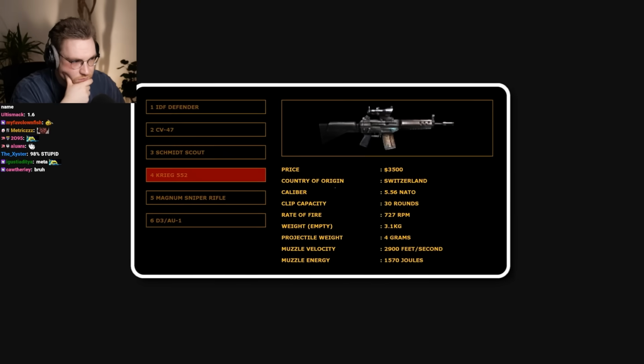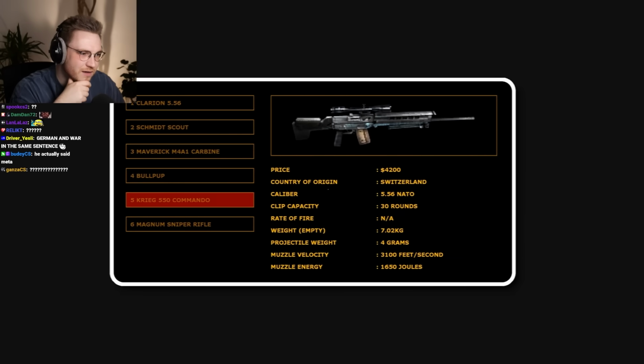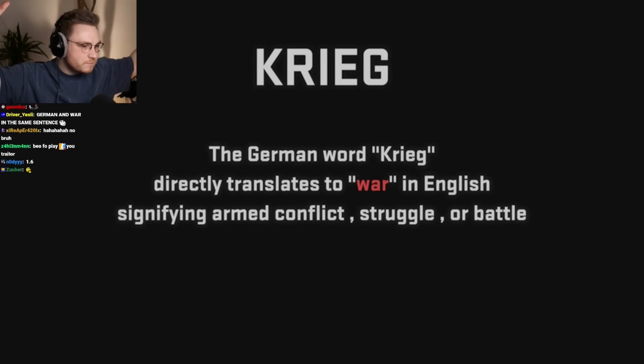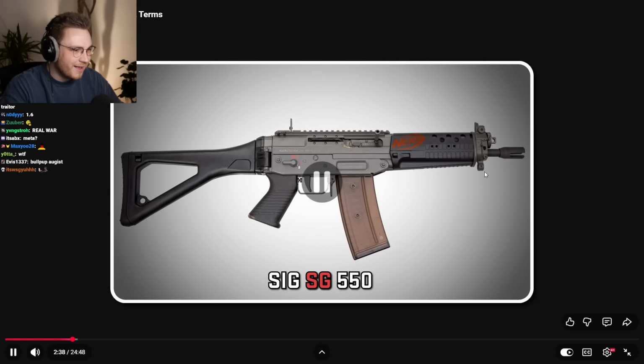The real answer is actually just really simple. Back in the Counter-Strike beta, there was a rifle for T-side called the Krieg 552, and there was even a CT version, the Krieg 550 Commando. Both names aren't real-life gun names, but come from the German word Krieg, meaning war. The guns themselves were, however, based on the real Swiss SIG SG550 series, where the SG stands